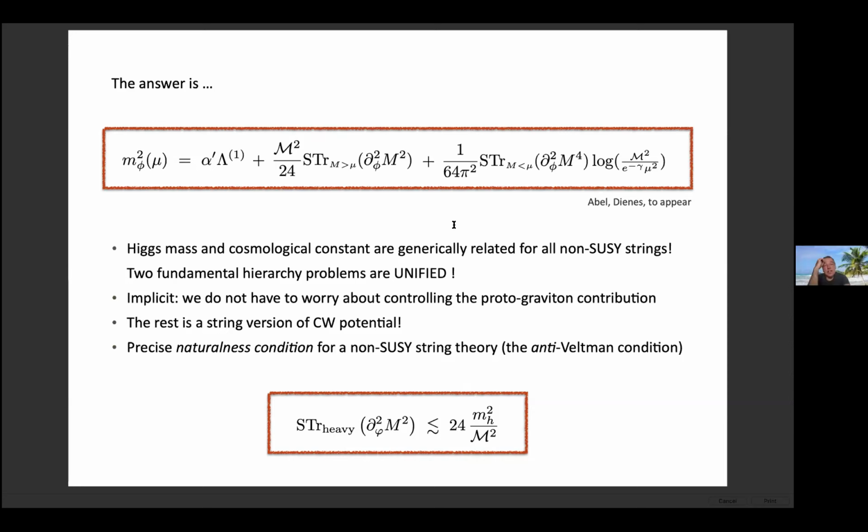See, we're not solving the hierarchy problem. We're unifying the two. In the top line in the box, the Higgs mass is related to the cosmological constant. So both of the hierarchy problems are together now an issue, but they're unified. A gauge theory thing and a gravity thing are unified. That is what you expect in string theory, which unifies these two ideas. But as you're running down in your way of thinking about it, which is not really how you should think about it, because string theory is not an effective theory kind of thing, as you pass through phase transitions, everything is going to get upset. The winding modes will get light, KK modes will get heavy, string modes will move around.